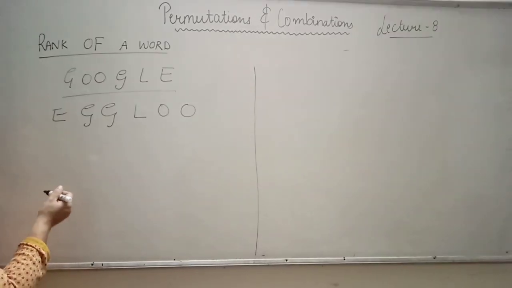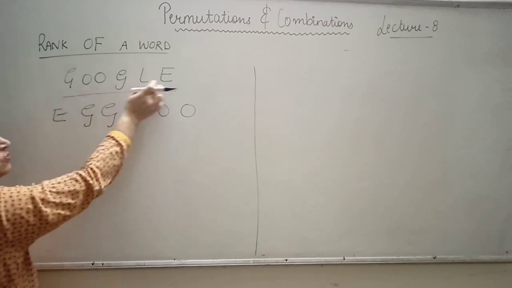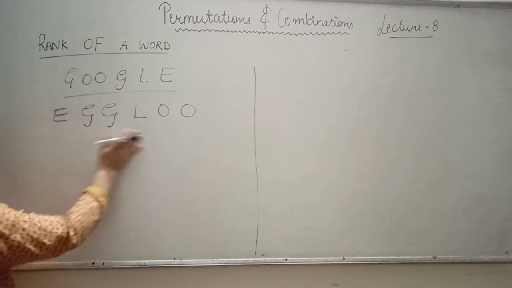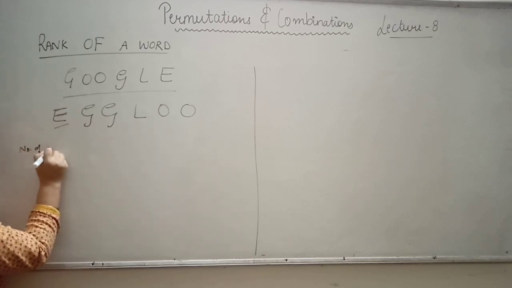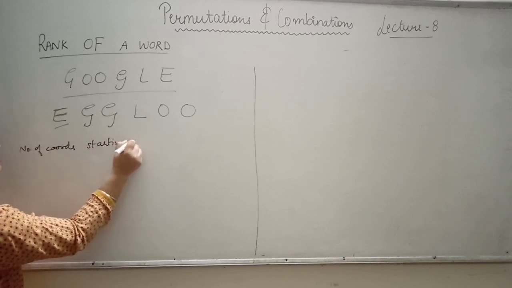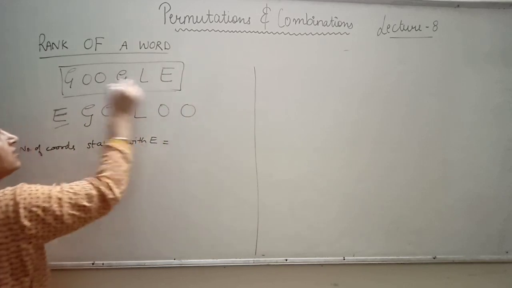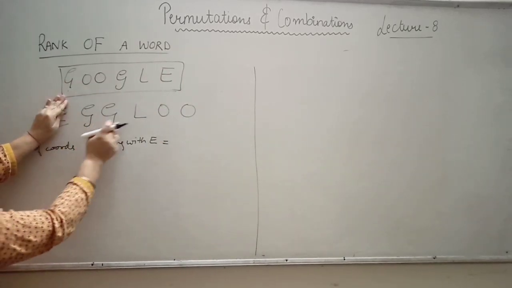now I have to find out the rank of this word. Google word का rank निकालना है, तो मैंने इसके whatever the letters of this word are there, I have written them in alphabetical order. Okay, so I have written them. Now first is E. So number of words starting with E. तो E से तो हमारा जो original word है that is not starting with E, so हम इसको E को hide करके देखते हैं how many letters are here.